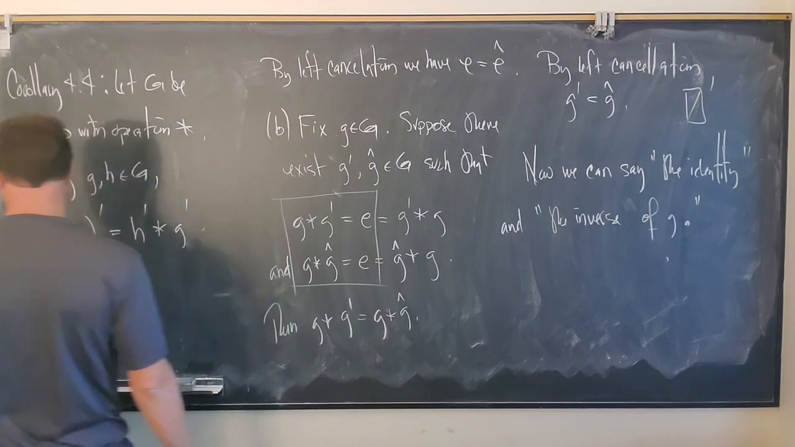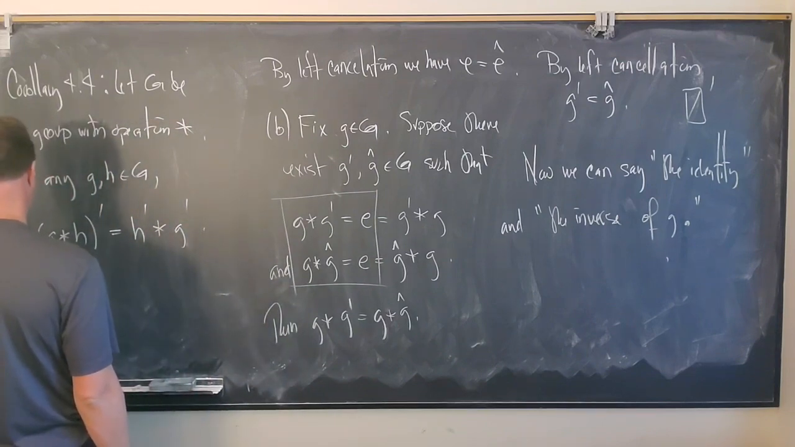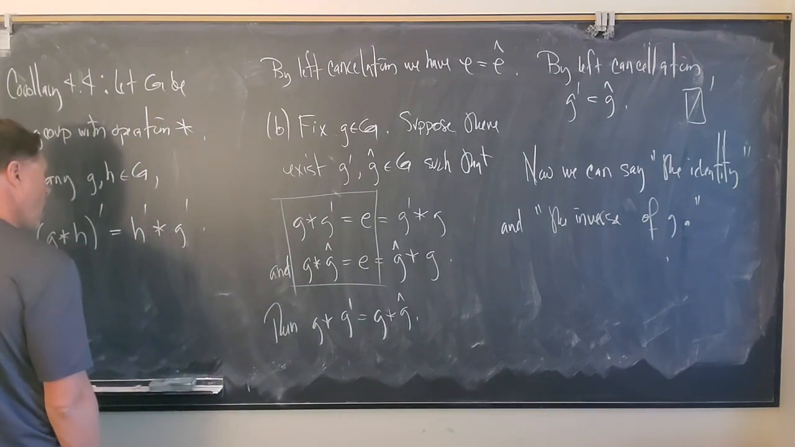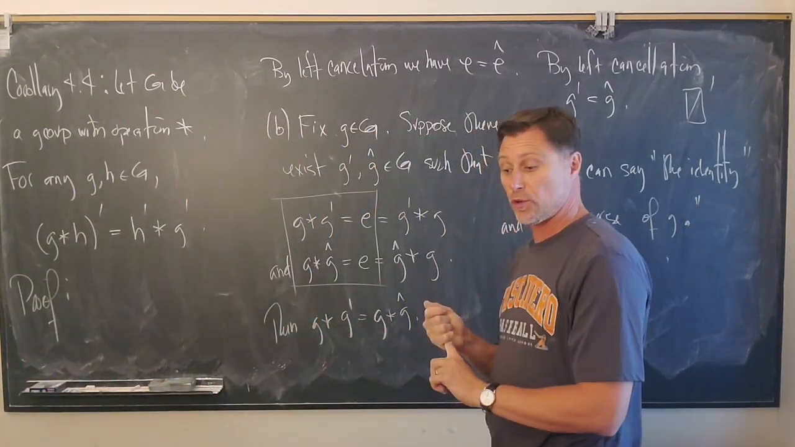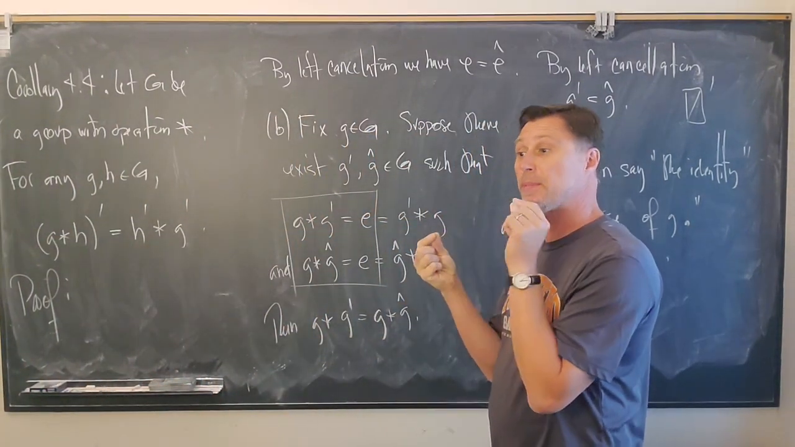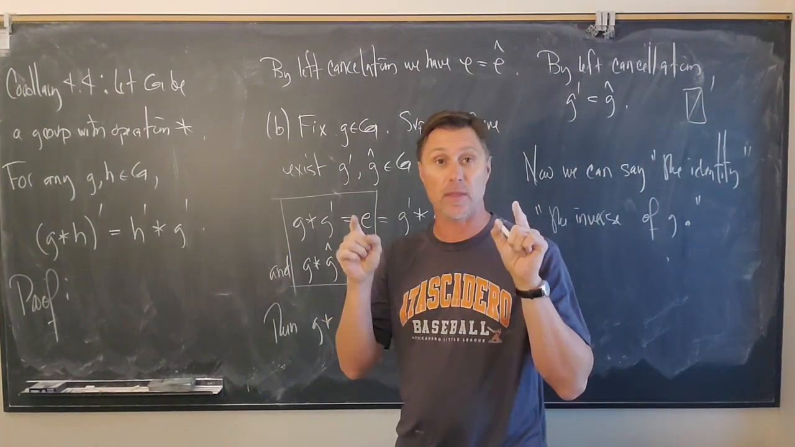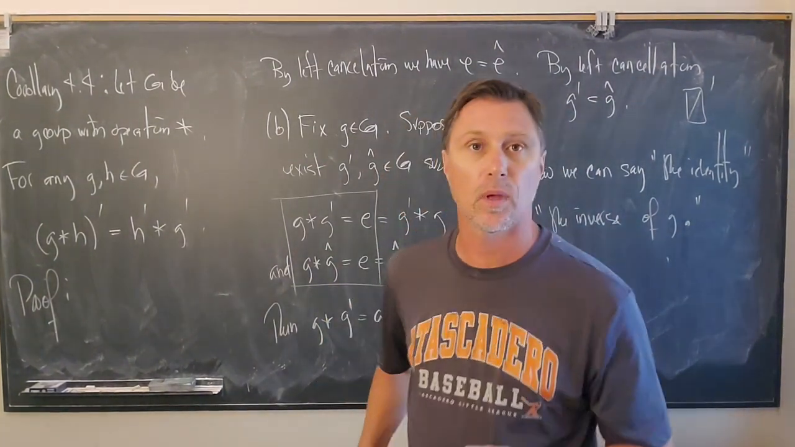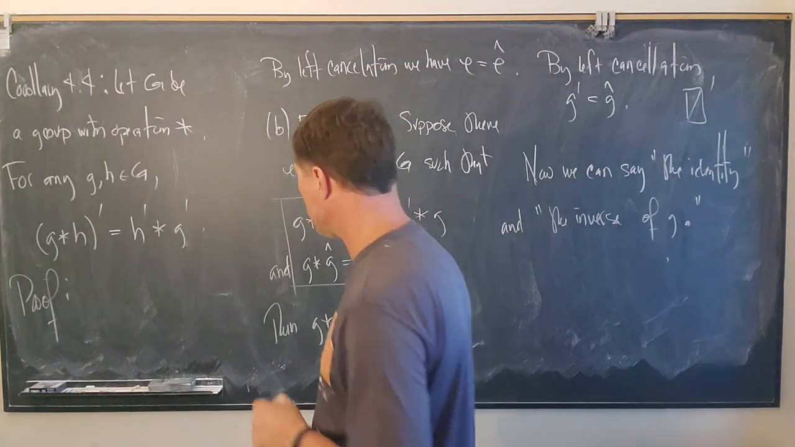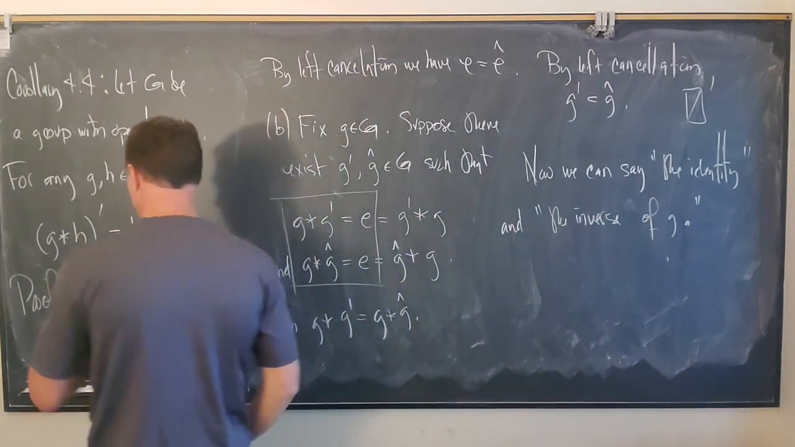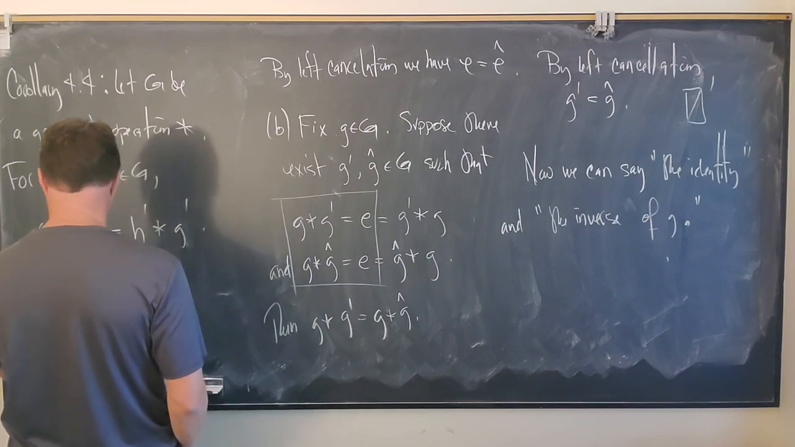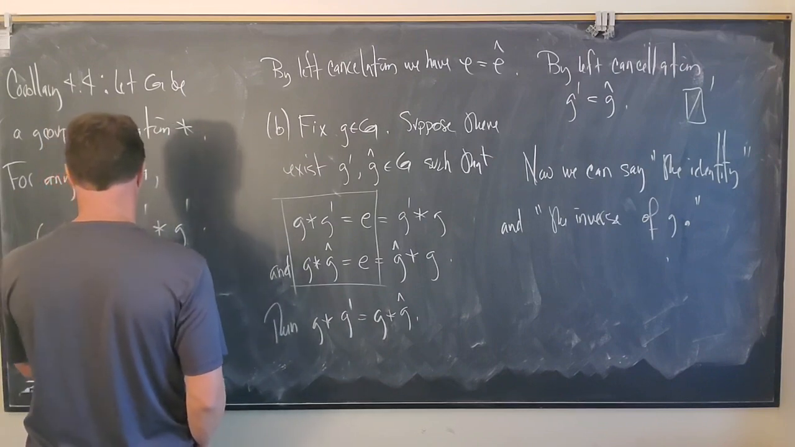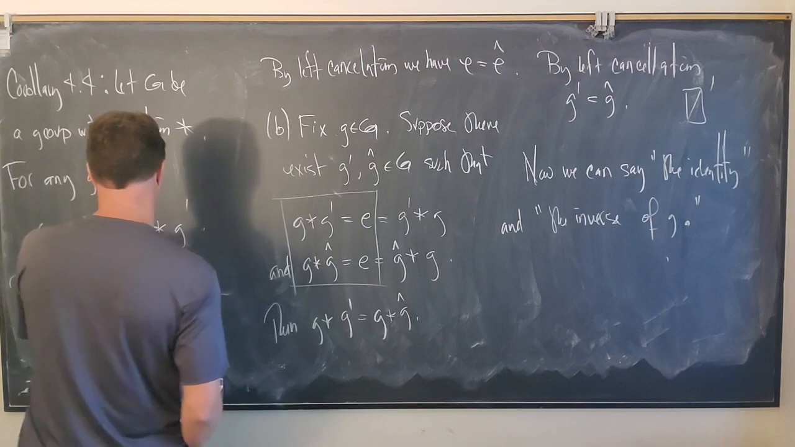Now, how do we prove this? Well, in our previous theorem, we showed that inverses are unique. So as soon as you find an element that behaves as an inverse, it has to be the inverse. So what does that mean? Well, observe that